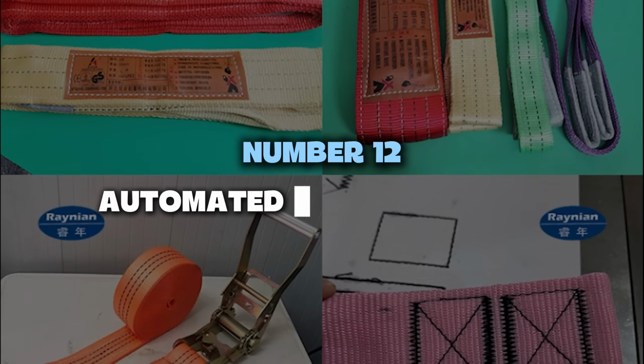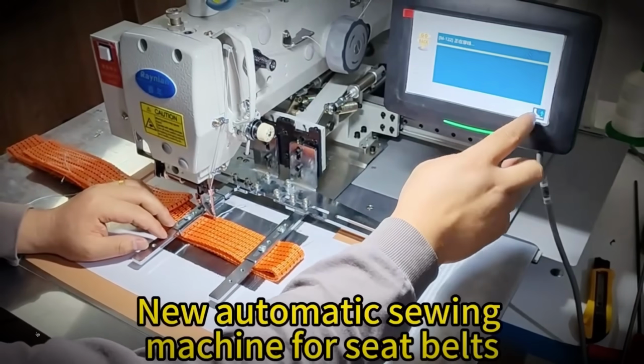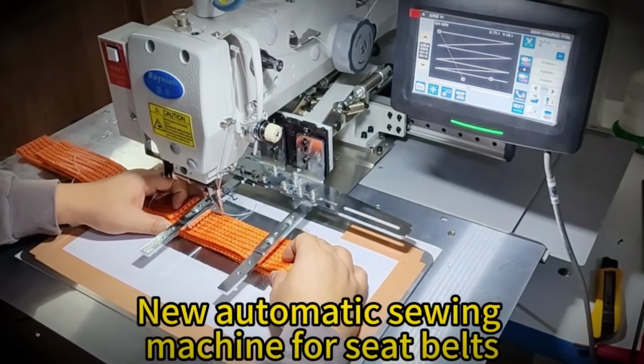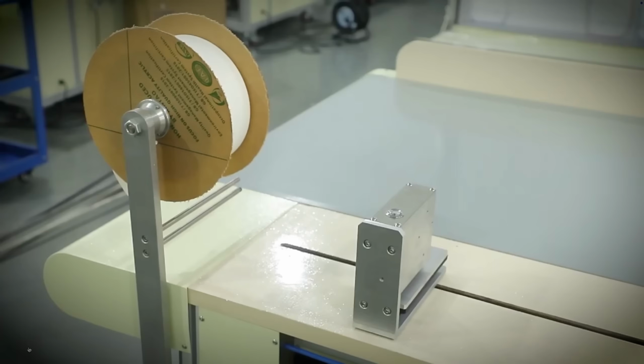Curtains. Number 12. Automated sewing machine for curtains. Curtains not only provide privacy, they also protect from the sun. That's why they're found in practically every home. And that's where you can find a good business opportunity. This machine, whether mechanical or electronic, allows you to make curtains using thick fabrics with ease. Its price is around